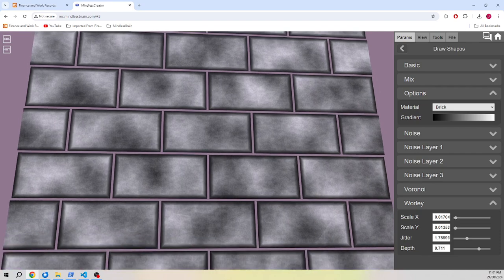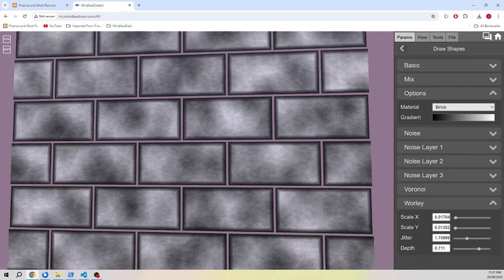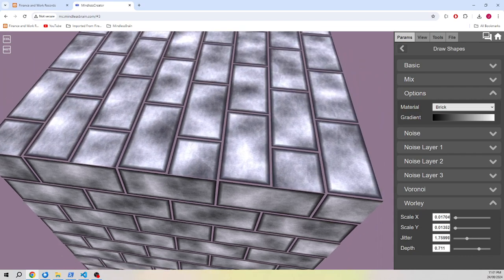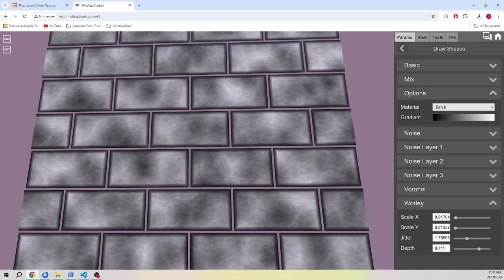Just adds lines. That could be cracks, I guess, or something like that in there. Give it a bit more variation in there. Okay, so now we've got a bunch of different things, but the color doesn't look that good, so we're going